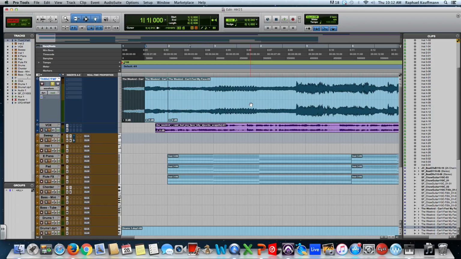I don't need to move anything else because shuffle mode has displaced everything, replaced everything in the proper order. Spot mode is even less useful, I would say,